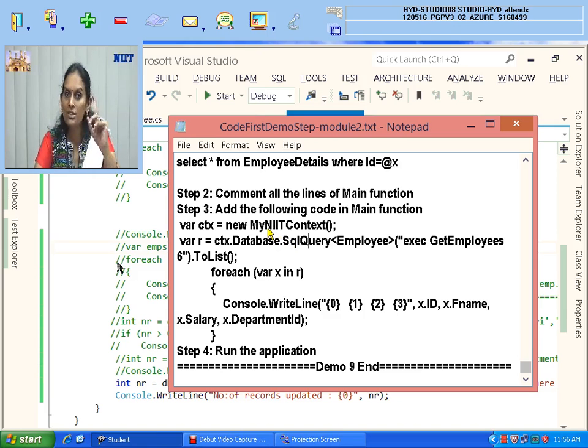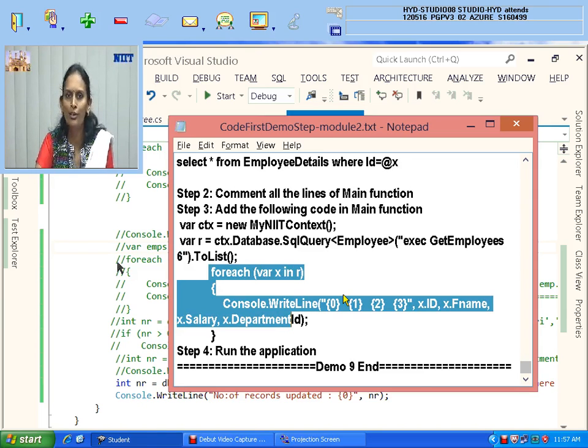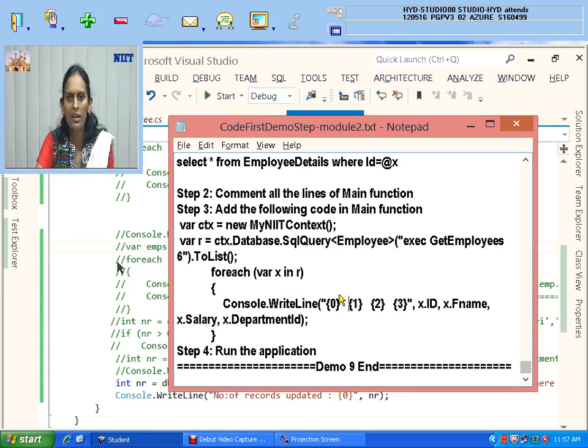So two different methods. One is SqlQuery, to retrieve the data. The other is to do the DML operations, and ExecuteSqlCommand is the method. The rest of the things are the same. What am I giving in the bracket? Simply EXEC, my procedure name, and what value I want to pass as an argument. Finish. Again, you know how to display with a foreach loop. Only one record will be there, but as it is a query that retrieves the data, I have to use a foreach loop to display it. That's the same as we are doing in our case also.